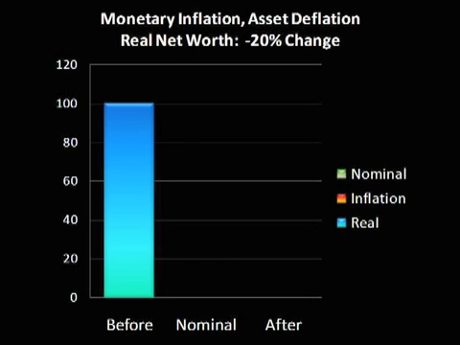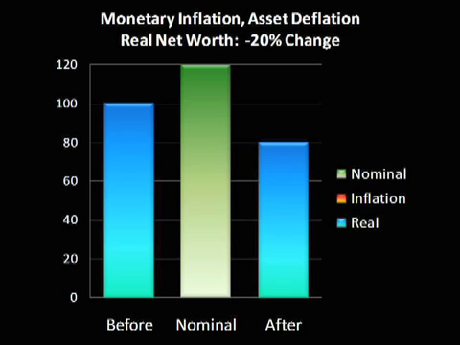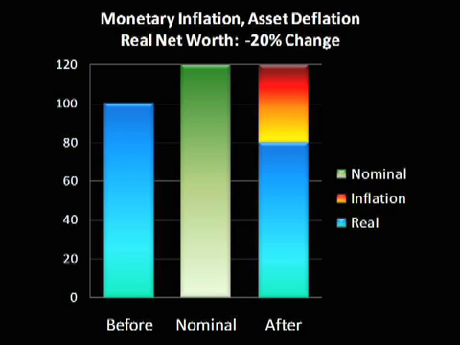So when we look at our graph, we start with the bar on the left, which is 100,000. On the surface, it looks like we go to the bar in the middle, which is 120,000. But when we account for dollars being worth less than they were before, the real value of our asset is only $80,000. The difference between the $80,000 and $120,000 is the fire of inflation. So when we use the Econ 101 definition of inflation, we're unable to tell the difference between gaining 20% and losing 20%. Interesting and a bit troubling.